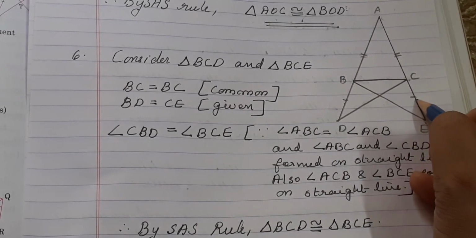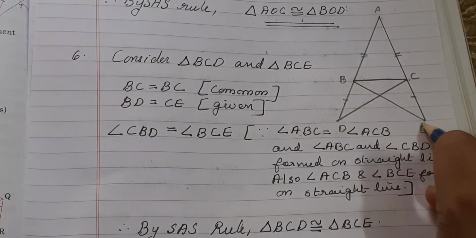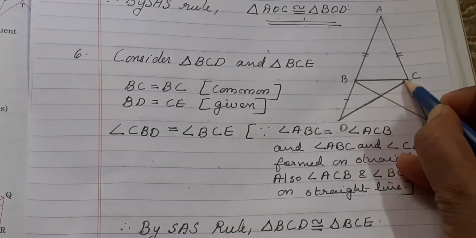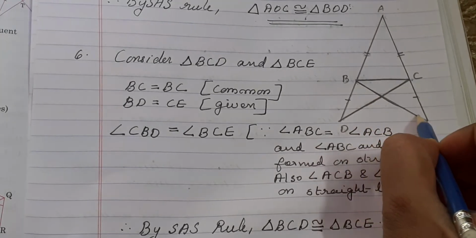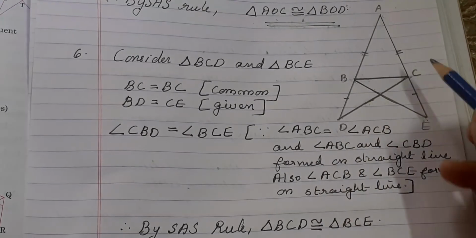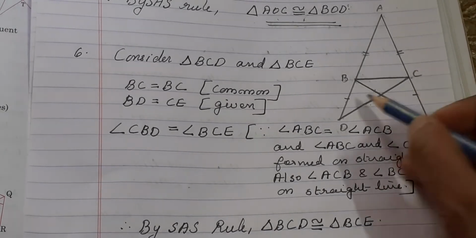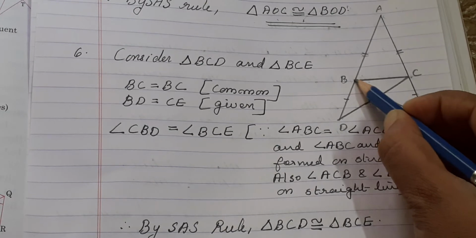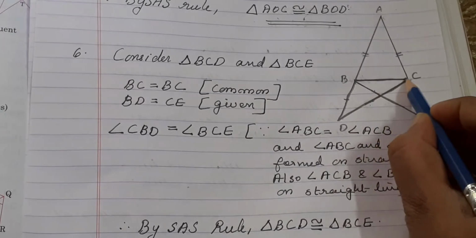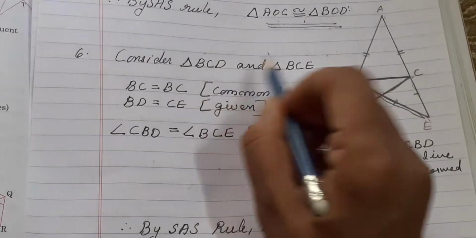That also they said. What do we have to prove? We have to prove that DC is the same as BE. So what will we prove now? We will prove that the triangles in these two, we have to prove that they both are equal. So we have to choose two triangles in such a way that these two sides are corresponding sides of those two triangles. Here I am considering triangle BCD and triangle BCE. So what will I get? These two sides are corresponding for these two triangles.